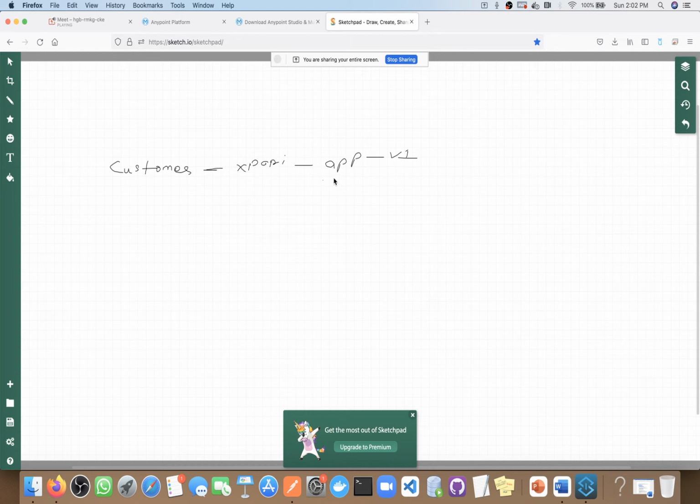Now the same customer API you are going to develop for the process API. So customer PAPI app v1. So this particular application will contain all the customer related process APIs, and the version will be v1. Like this you can put your name, but it may be slightly different in your company. Like client company name, business group name, project name, API type, yeah, it can be similar.